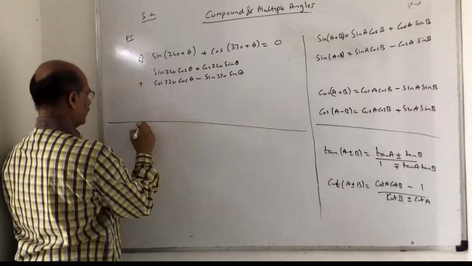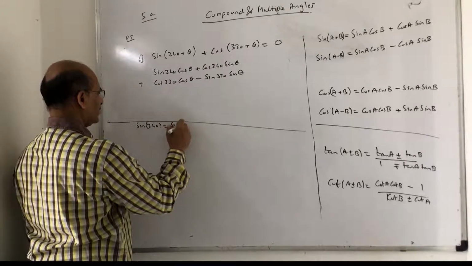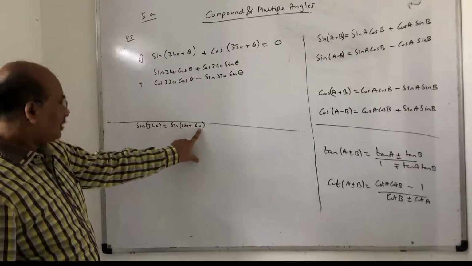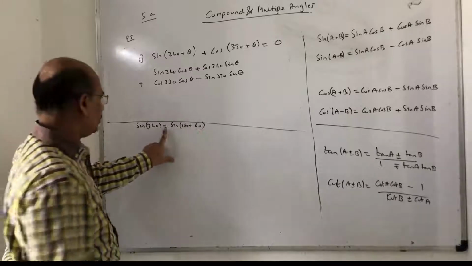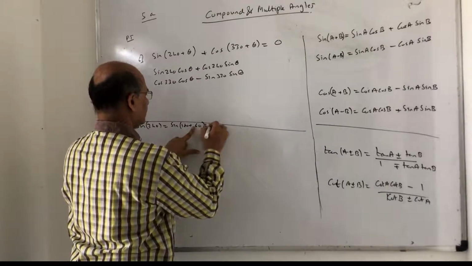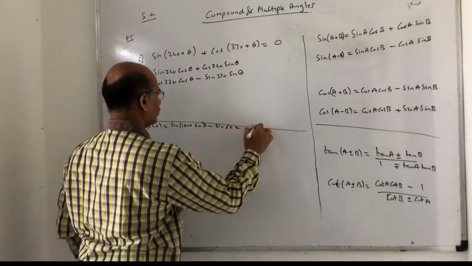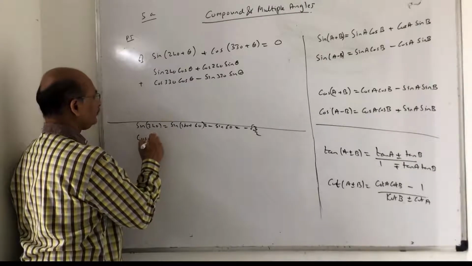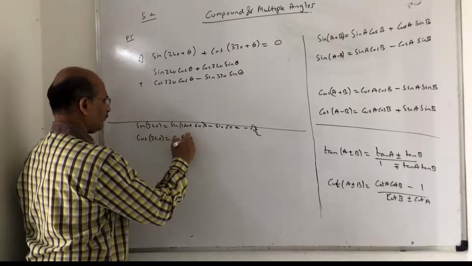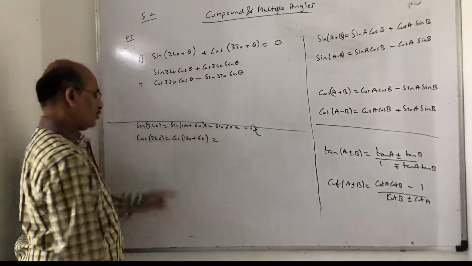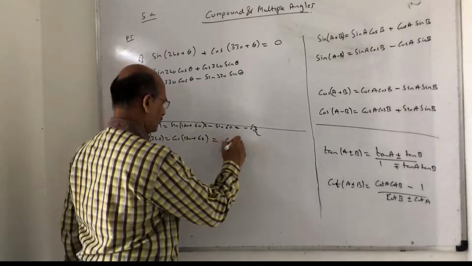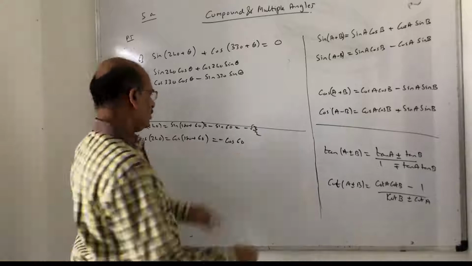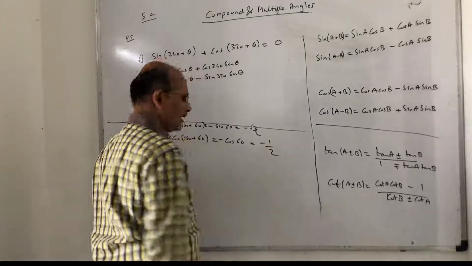So let us get sine 240 first. Sine 240, you can say sine of 180 plus 60. Right? 180 plus theta is the third quadrant, so it will be negative: minus sine 60, which is minus root 3 upon 2. Okay, let us do this part a little bit faster. Cos 240 is cos of 180 plus 60 again. The ratio remains the same, but with a negative sign because it becomes third quadrant. Add sugar to coffee rule, third quadrant. So that is minus cos 60, which is minus 1 by 2.